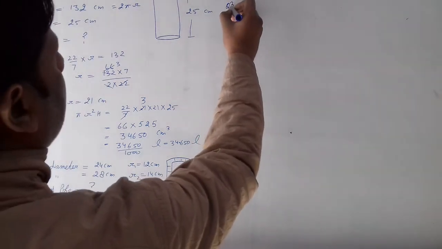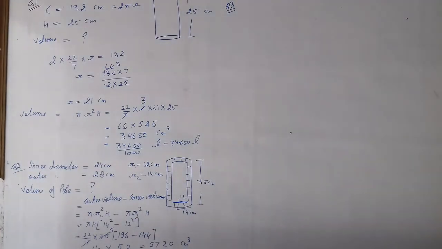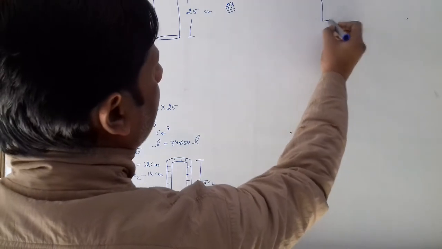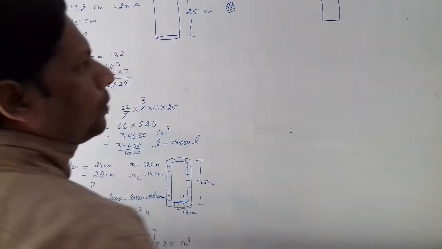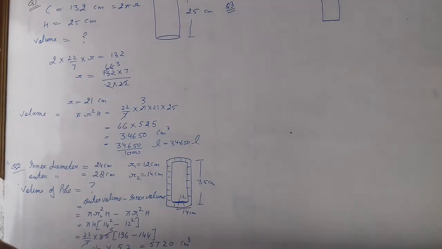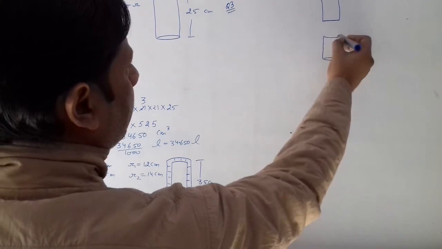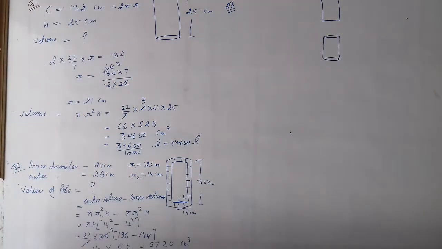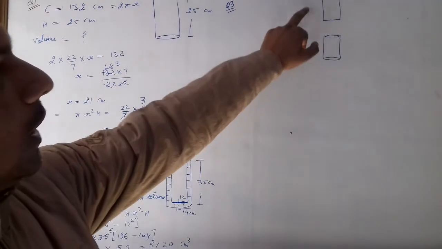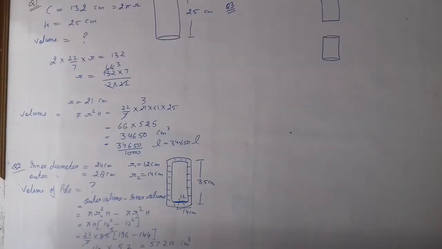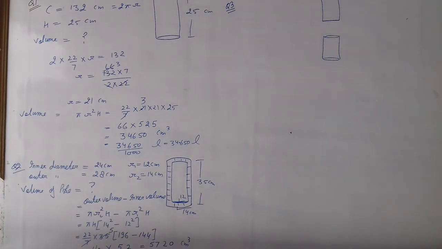Next, question number 3. See this carefully. You are having two soft drink packs. One is in the form of like a fruity, you know, 10 rupees fruity, and other is in the form of tin. These are two, one cylindrical and other one is the rectangular soft drink pack, right?